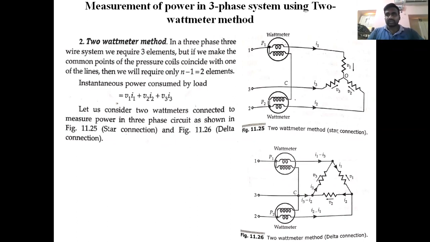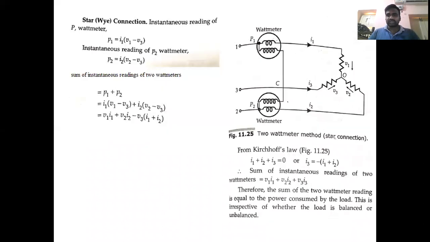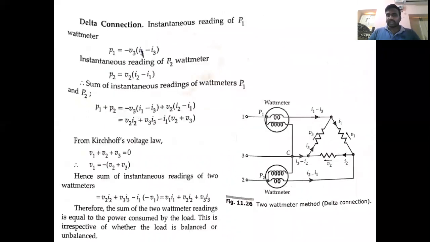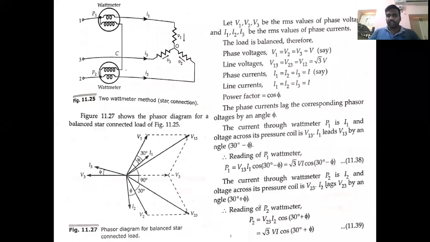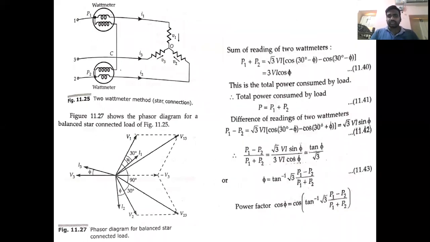I am just summarizing these things so that you can summarize along with me. If you have any doubts on the topics we discussed earlier, you can let me know in the chat box, and I will explain again. We discussed a brief analysis of star connection with respect to the 2 wattmeter method and delta connection with respect to the 2 wattmeter method, and we analyzed the phasor diagram, its description, and we also defined the phasor systems. And next we discussed delta connection.